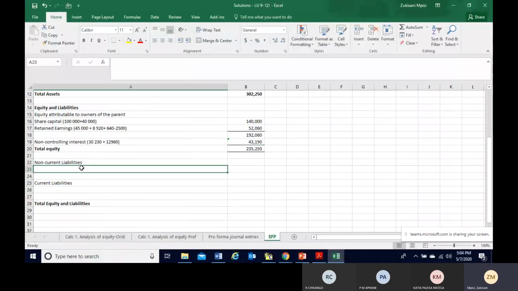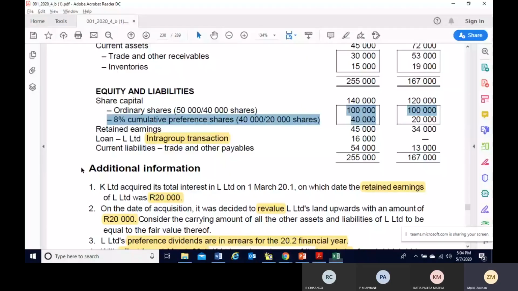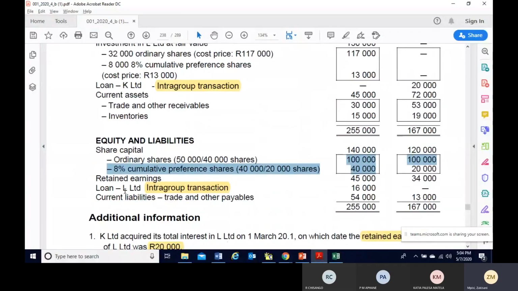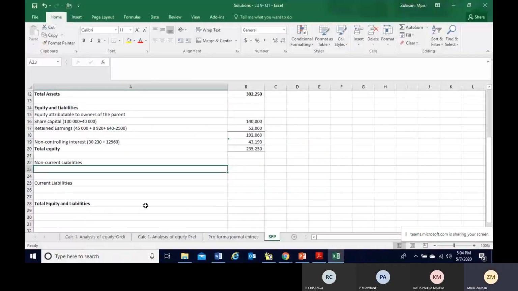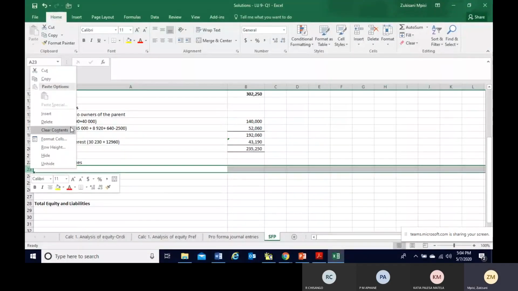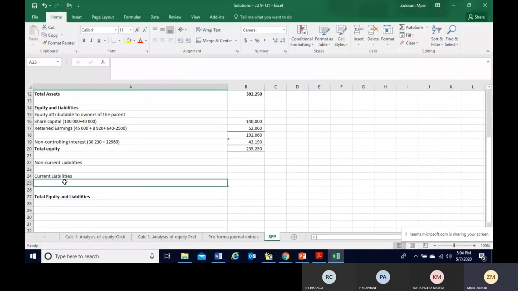Right. Then we're looking at non-current liabilities. Do we have any non-current liabilities? The loan is going to be eliminated. Then we only have current liabilities. Yes, we only have current liabilities. We only have these ones, trade and other